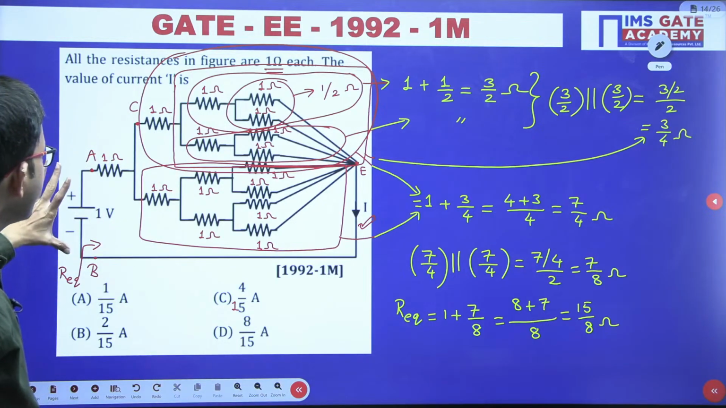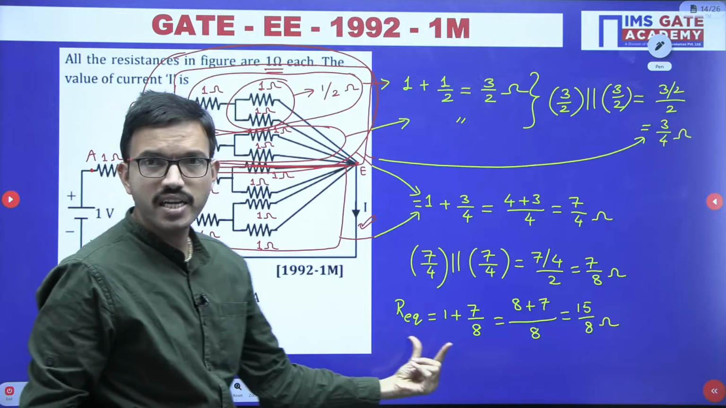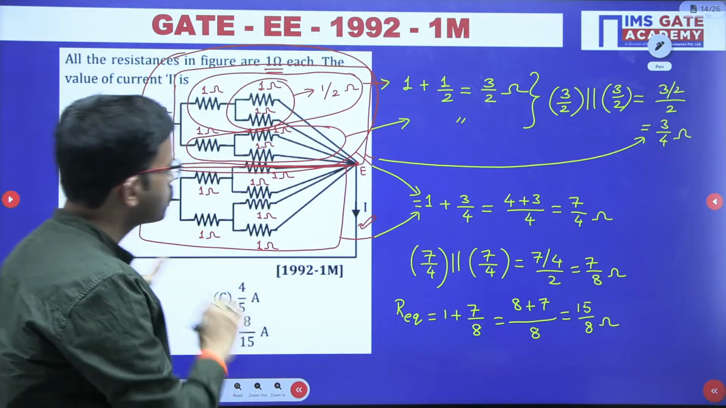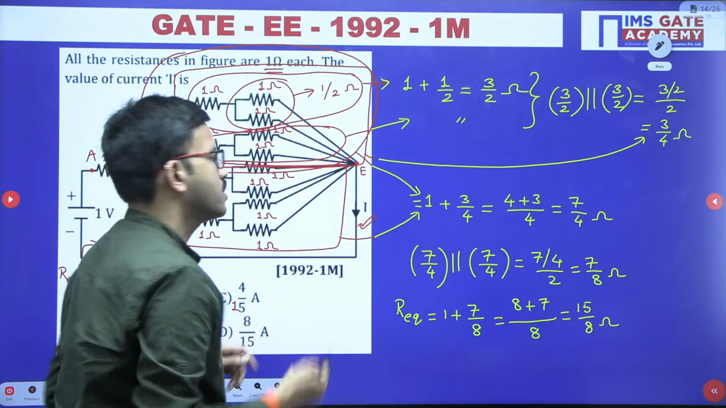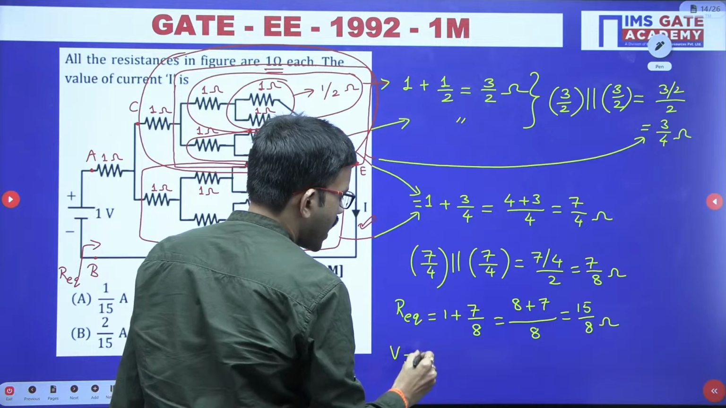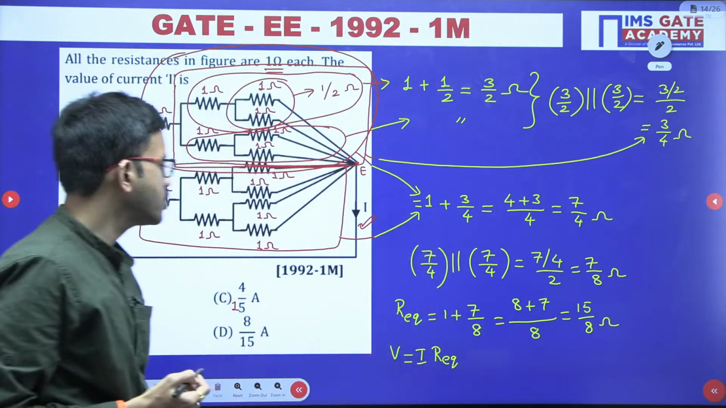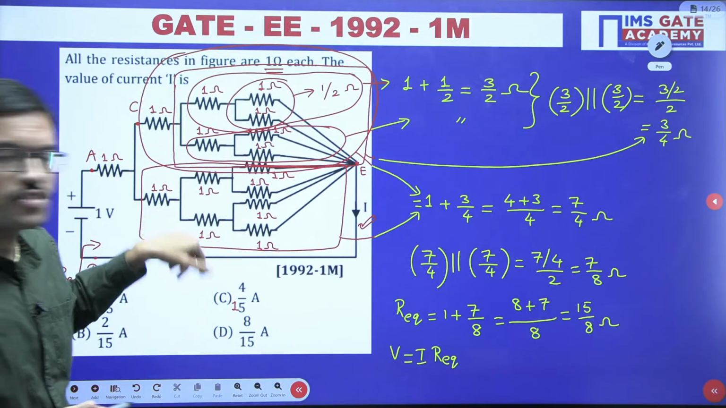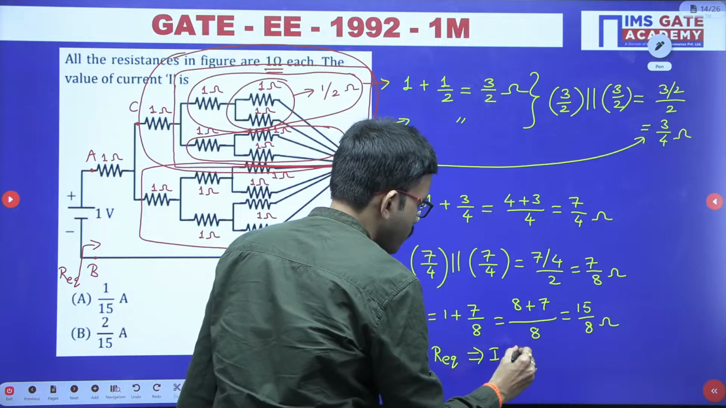Now you have supply voltage 1 volt, and that entire supply voltage you are getting across this particular resistor, right? Now you can use Ohm's law, where the current flowing through that resistor is I ampere. So V equal to I into R equivalent. But in this question they are asking for the current flowing in this circuit, so from here you can write I equal to V by R equivalent,